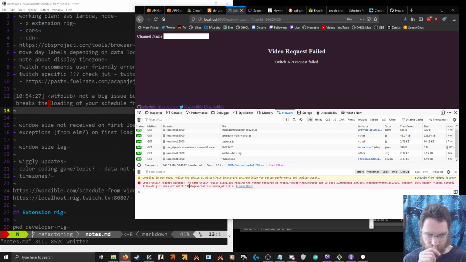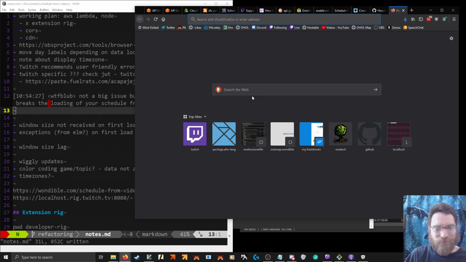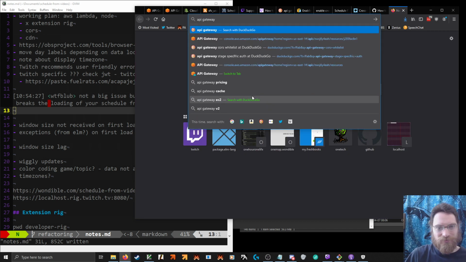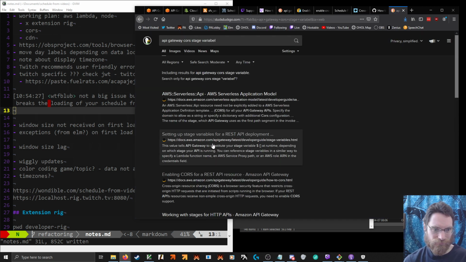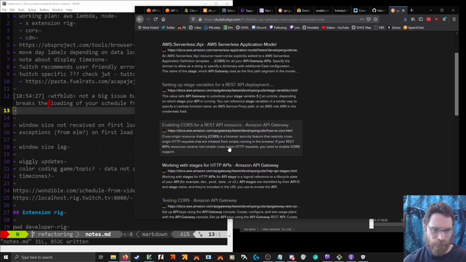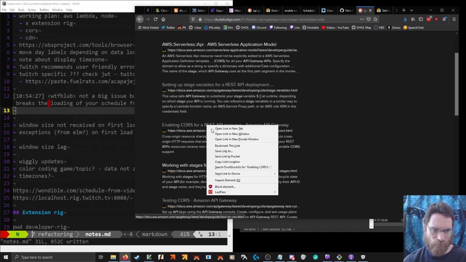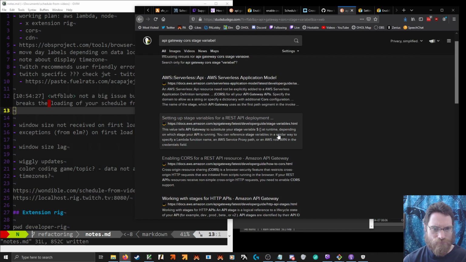Cross origin blocked. Okay. It does not process stage variable. Main to allow or specify a dictionary with additional CORS.